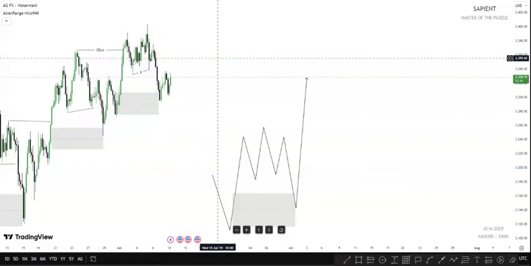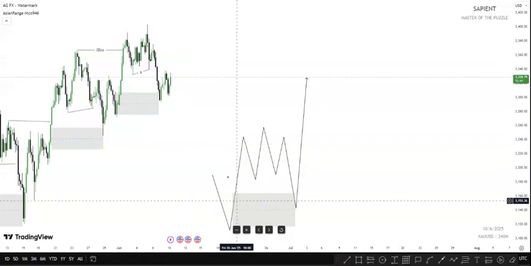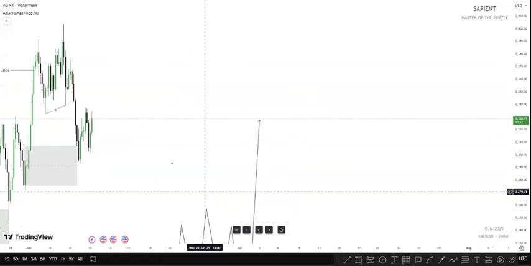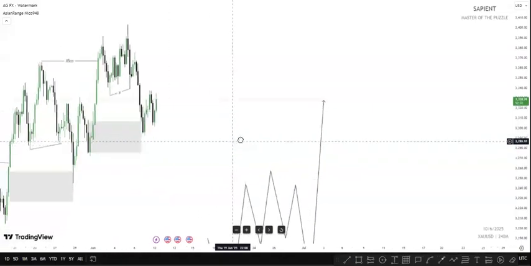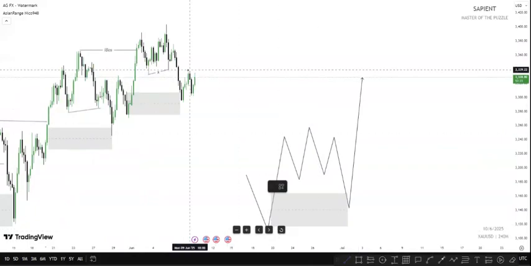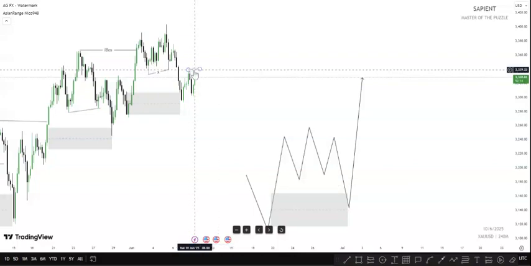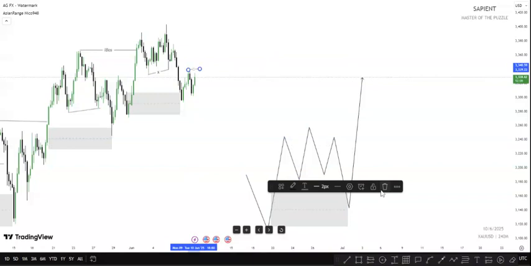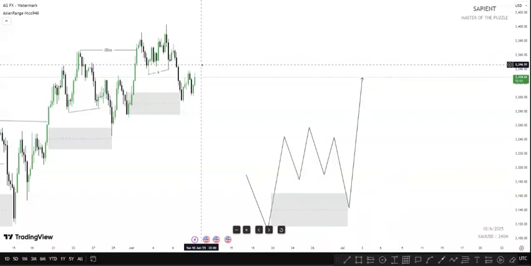What I'll be waiting for, I will not be entering aggressively. If I'll take this trade, I'll be waiting for this eye to be swept. The reason I'll be waiting for this eye to be taken out before I enter this trade is that